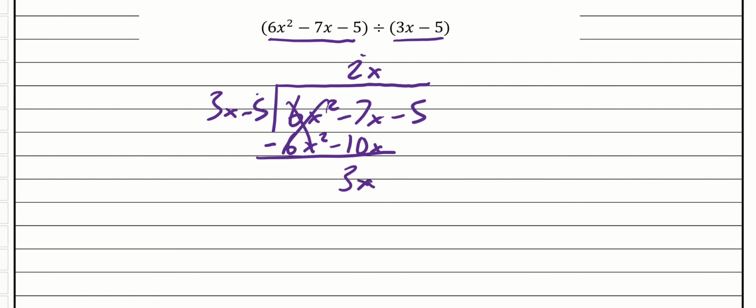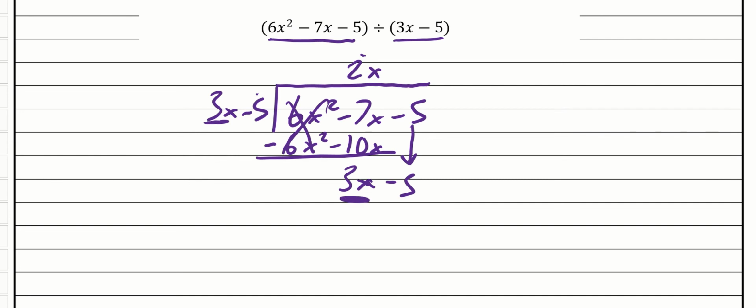Okay? And then as we do in long division as well, once you subtract, then you're going to bring this last value down. So here I have a negative 5, so I'll bring that down. And then I'm going to ask the same question. I'm going to look at my first value on the outside, so that 3x, and I'm going to ask, what do I need to multiply by to match this value